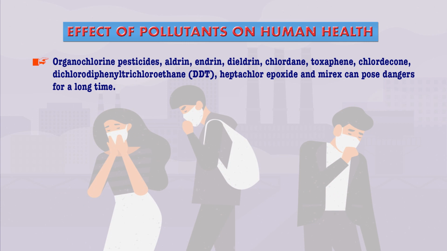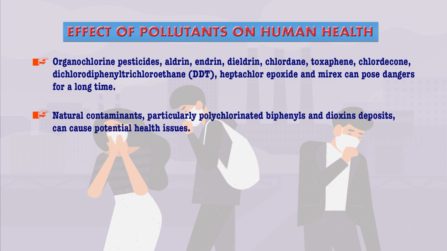Now, organochlorine pesticides, for example aldrin, endrin, dieldrin, chlordane, toxaphene, and many other compounds like dichlorodiphenyl dichloroethane, trichloroethane, then you have heptachlor epoxide, mirex. All this can cause a lot of dangers for a long time. They are persistent pesticides and chemicals. The natural contaminants are also there. For example, you have polychlorinated biphenyls, dioxin deposits, and likewise they can also cause a variety of health